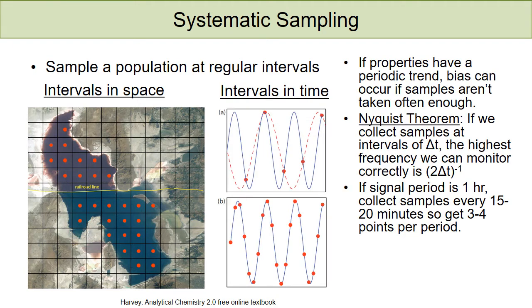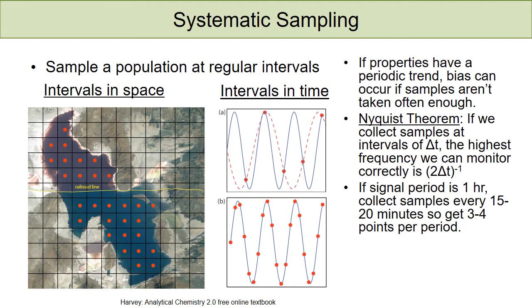The other thing is that your intervals can occur in time, and so maybe something is changing periodically. The two graphs here are showing the real sample signal in blue, and then it's showing the number of data points that you're taking in red. And the thing here to recall is that if your data has a periodic trend, you can have a bias if you don't take your samples often enough. So the top one there, you're only taking a sample maybe once or twice per period of the actual signal. And you're not able to really get the proper frequency there. And on the bottom, you've got it nice. You've got multiple sample points, and you can actually describe what the frequency is of how this periodic signal is